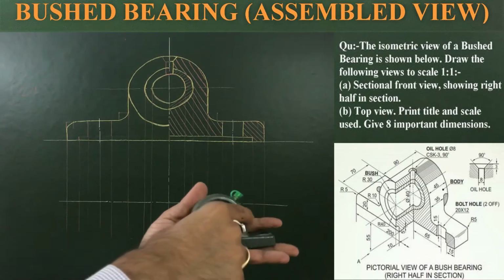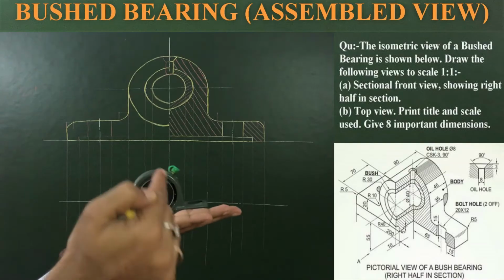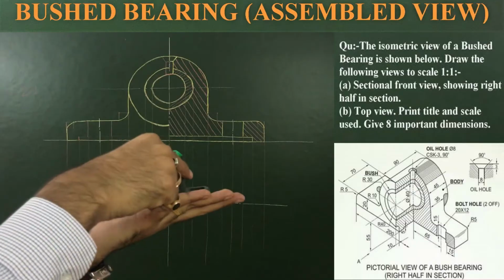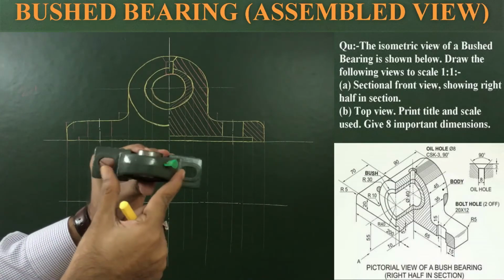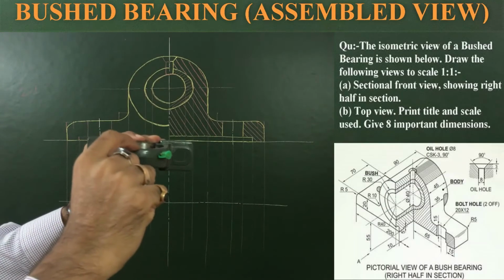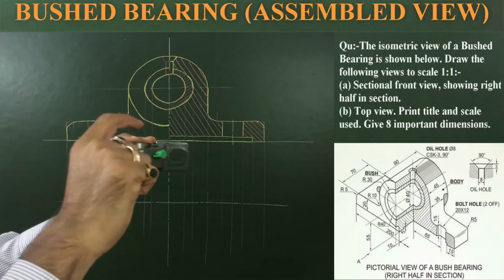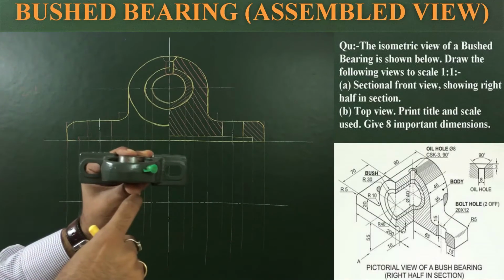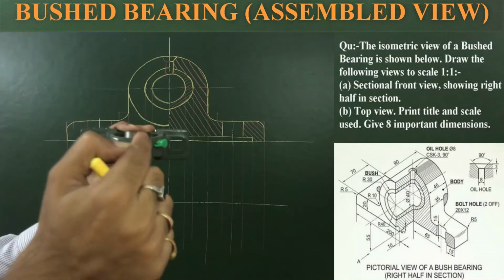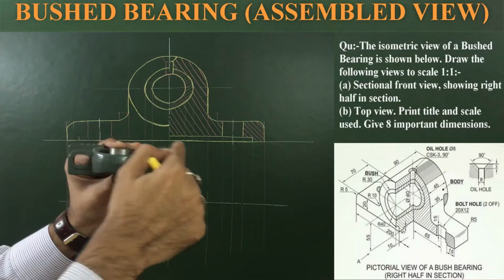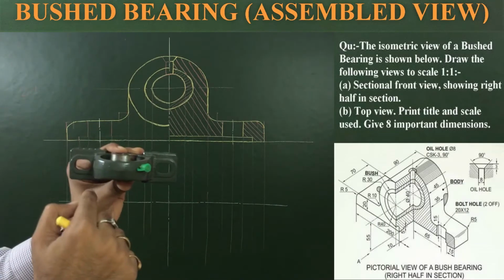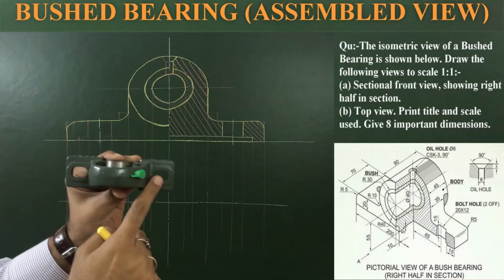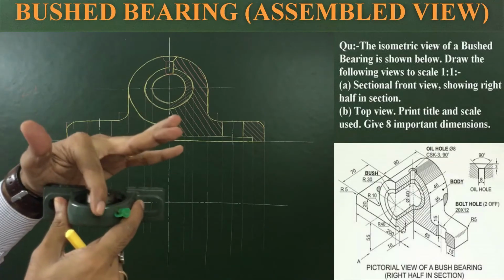So for this bearing, from the front view, the right half is in section. Now top view means you are observing from this side, so this will be the approximate view. In this case the width is very less, but there the width is 90. Then the bolt and rectangular base. So from the top, first of all draw this part, the rectangular base of the bearing, then we have to draw this part, and then we'll show its bolt hole and then the cavity and oil hole.